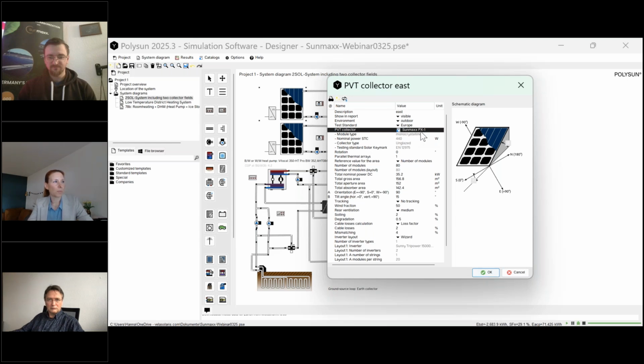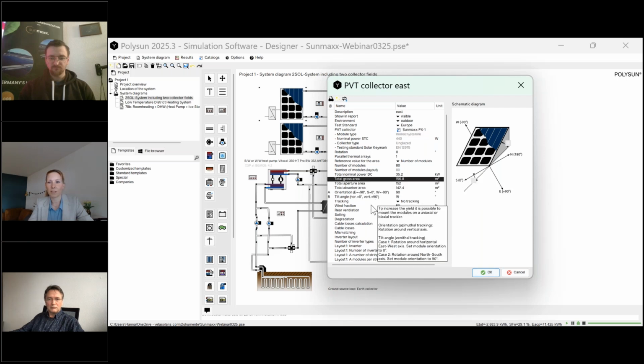So the first step would always be to decide on a collector, on a module itself. And then you can say, I know already how many modules I can fit on my roof. Or if you don't know, you can also use the total gross area that you have available and let Polysun calculate the number of modules according to that. Both is possible, and it gives you the actual amount of modules for one orientation and one tilt angle.